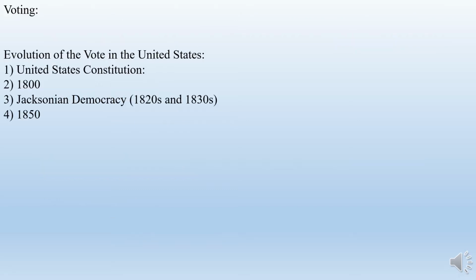Now, when we look at voting, and that's kind of the basic one that we're going to discuss this week in the first half of this 2-week lesson, we have to look at the evolution of voting in America. Now, first, under the United States Constitution, the way it was essentially left is that white men with property were allowed to vote. So in 1789, 1790 time period, if you were a white male that owned a certain amount of property, you were allowed to vote.